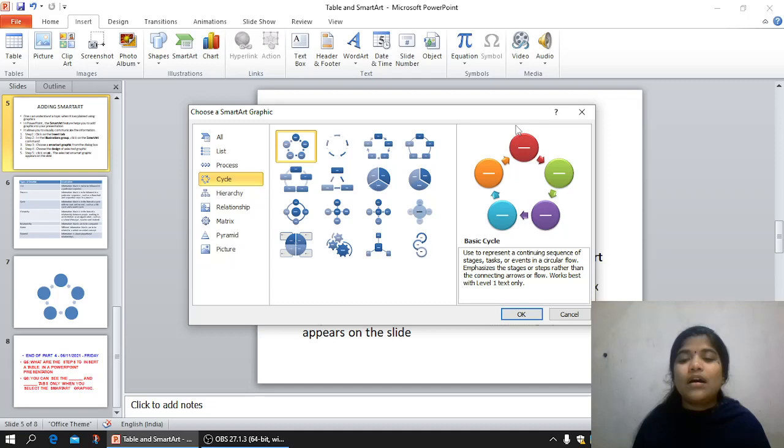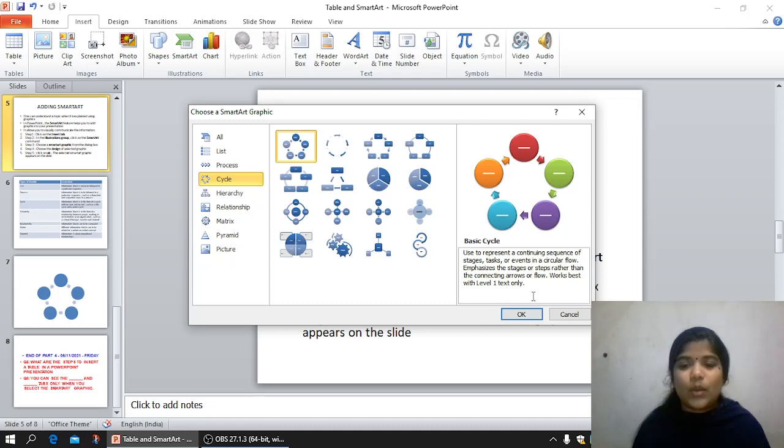It emphasizes the stages or steps rather than the connecting arrows or flow. It works best with level 1 text only. So a continuous procedure will be represented inside our basic cycle.